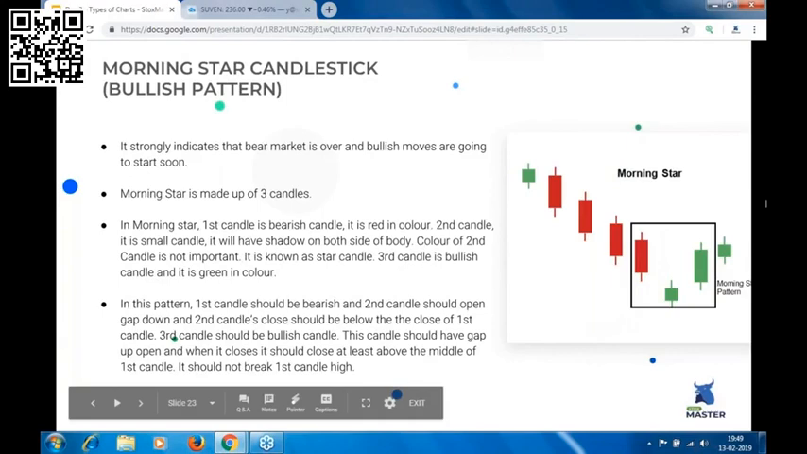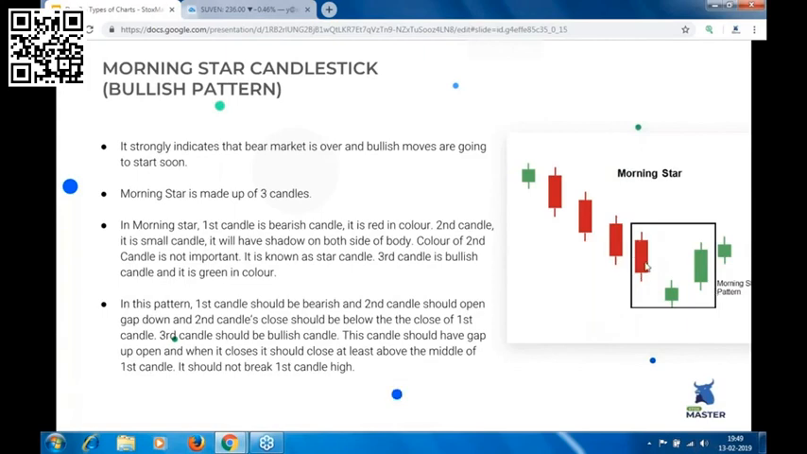Morning star. Now morning star is a three candlestick formation, and this is also a bullish pattern. If you see, the market is falling continuously. Now this is a bearish candle. The second candle should be a small candle. It can be a red color candle or a green color candle, but there should be a gap down opening,